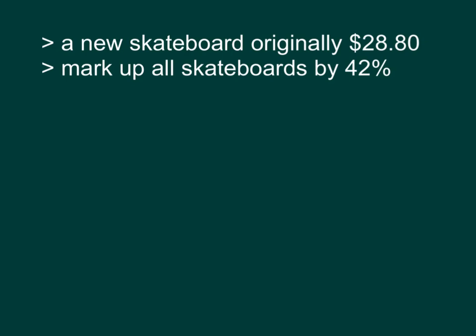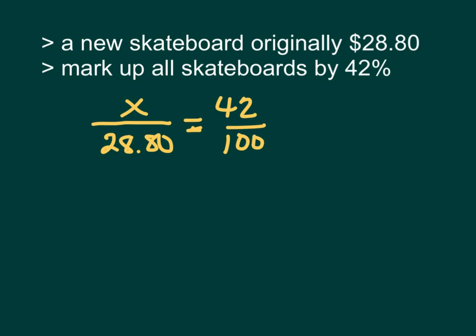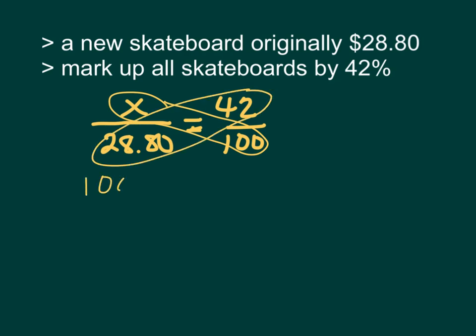We're trying to find the part of that that would be the markup. So the thing that we don't know would be on top. $28.80 is on the bottom. And that's equal to, we know it's 42%, so we've got 42 over 100. Of course, we are now going to be cross-multiplying here to here. So we have 100x